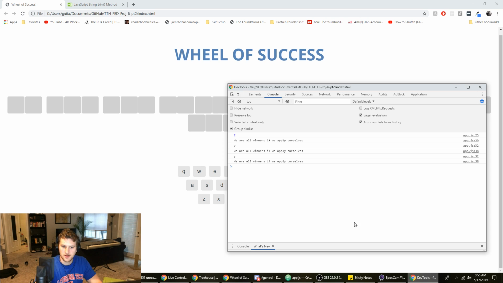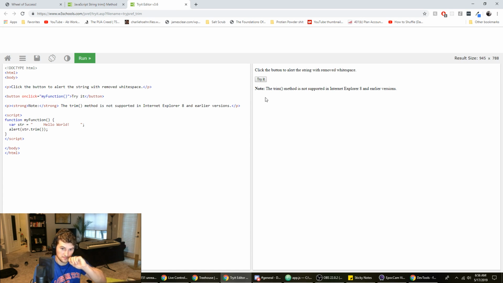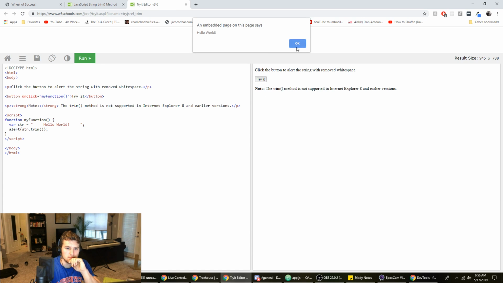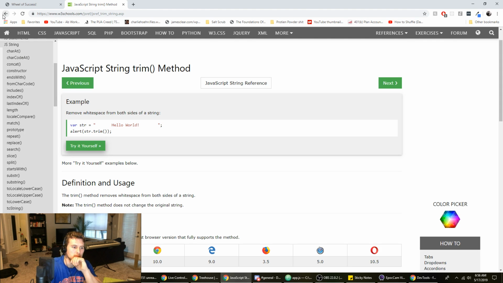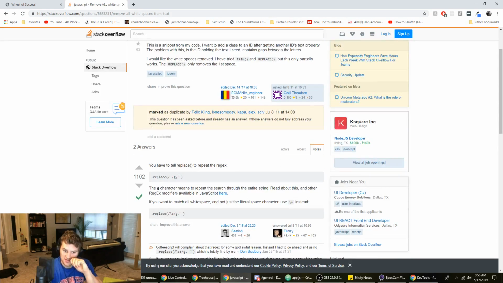Boom. Right, there's still white space. Hello world. Maybe that's not the method I use. I need how to remove all white space from text.